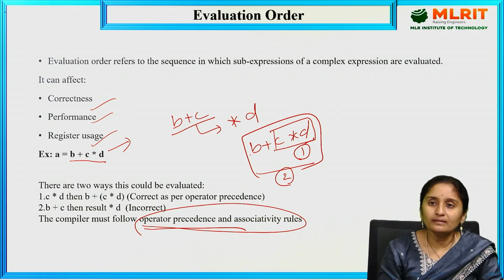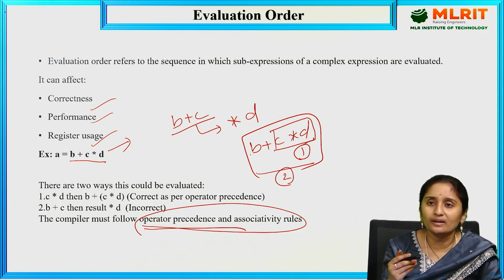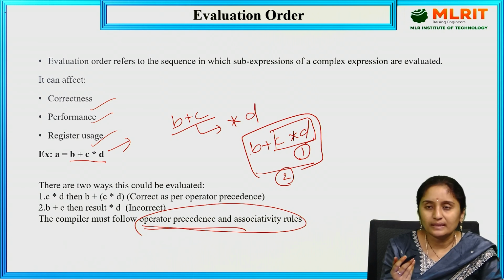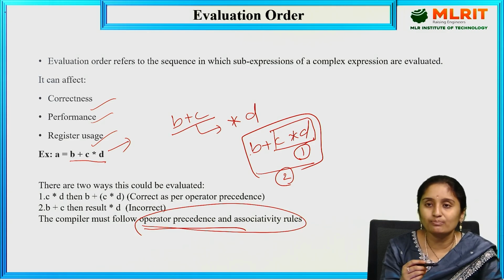Here we have discussed what code generation is and what the issues in code generation are. We have seen the input to the code generator, and the output it will generate, the target program like object code. We also covered how memory management is used, how register allocation is done, how we select the instructions, and how we evaluate the order, the sequence in which the statements should be executed. All these things are discussed in this session on issues in code generation.